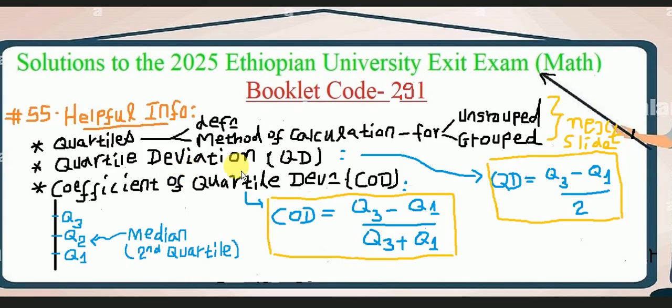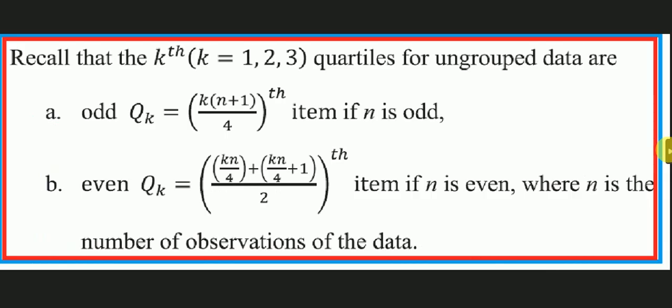quartile deviation ማለት ደግሞ ይሄ ፎርሙላ በመጠቀም the difference between the third quartile and the first quartile divided by 2, this is called quartile deviation. Coefficient of quartile deviation ደግሞ difference between third and first quartile ልክ እንደቀድሞ ኑሜሬተር ላይ ተመሳሳይ ነገር አለ ዲኖሚኔተር ላይ ግን ሌላ ነገር ነው ያለን coefficient ሲባል the sum of the third and the first quartiles ስለዚህ ኳርታይሎቹ ማወቅ ወይም መፈለግ ይኖርብናል መጀመሪያ ይሄን ጥያቄ ለመስራት